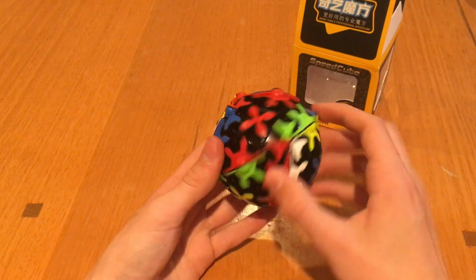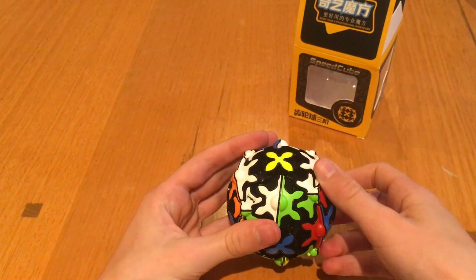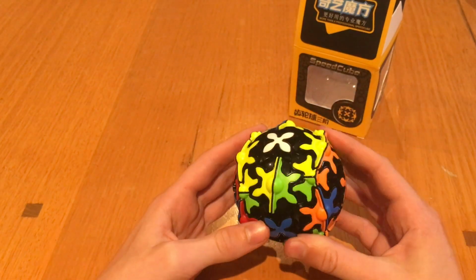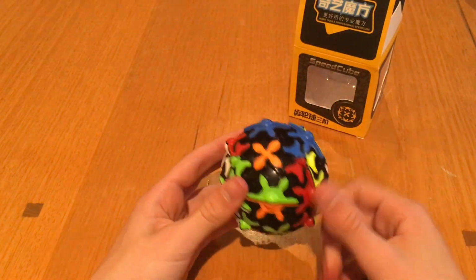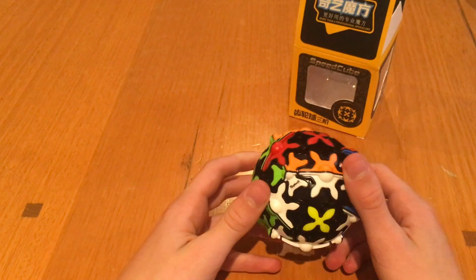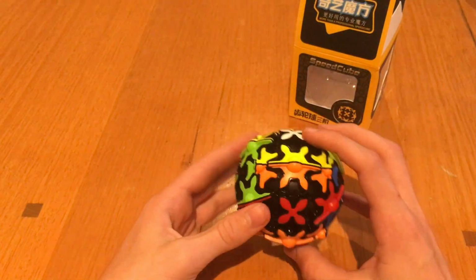Now we've got to get the other two. They're down here, and I can just bring them up like this. So now we've got these four. And you actually get these four as well. So it's really easy, and I think... Okay, well I can align them now, and now I've got to try and get the centers into the right